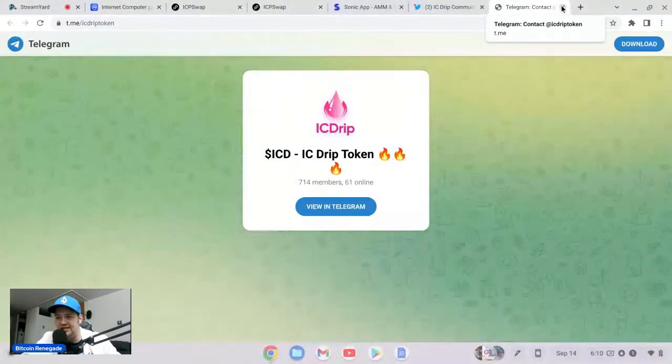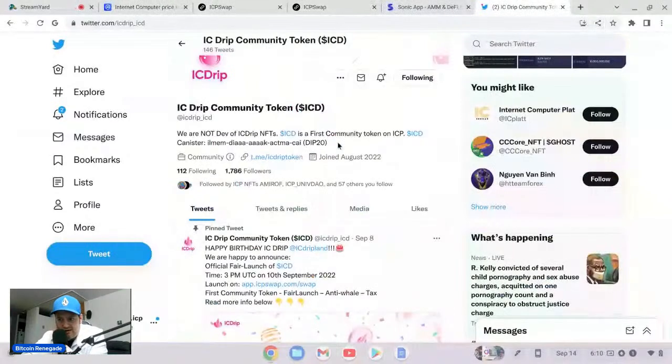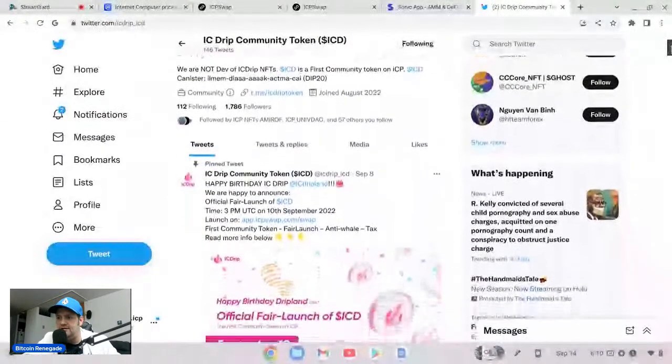I want to see not just the Telegram group. Here's the canister for the IC Drip token. I just kind of want to see some of their... I guess they don't have a website or...